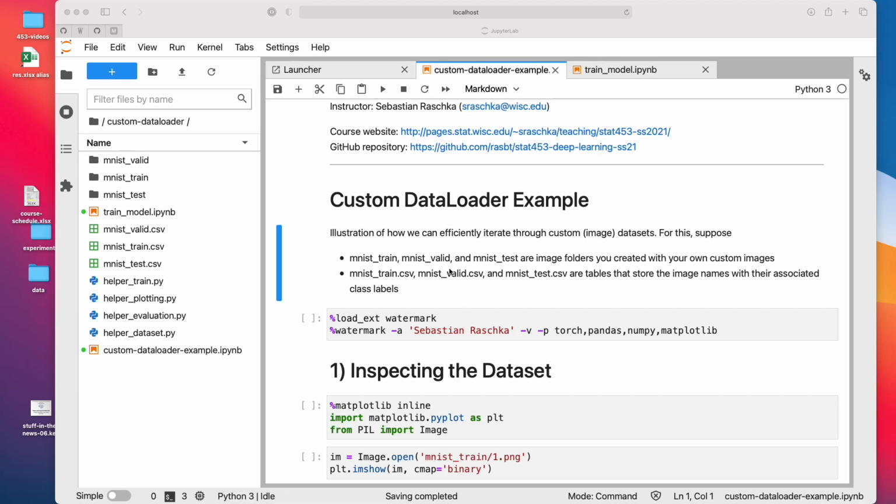Yeah, let's now talk about the PyTorch custom data loader. The data loader is a class in PyTorch that lets us load data more conveniently compared to doing it manually. I will show you two notebooks. One is just the data loader itself with a simple example, and then I will show you how we can use it in a model training context.